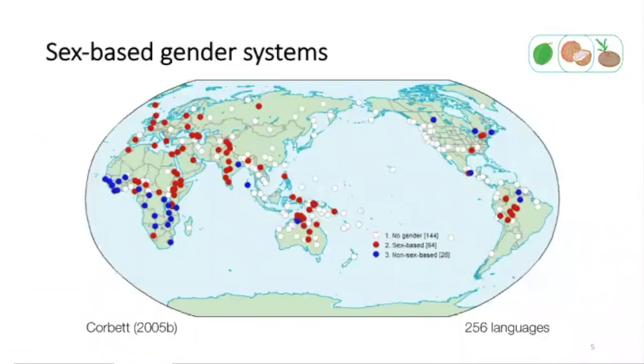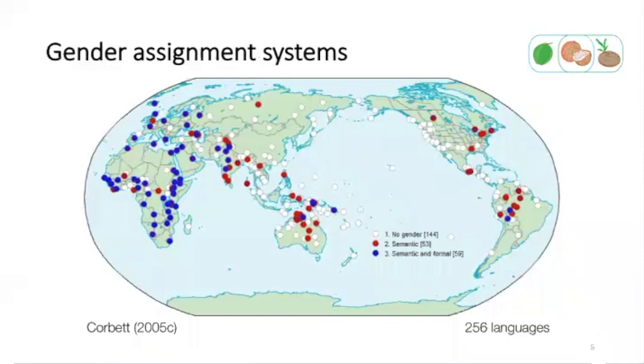Now, the groupings of nouns known as genders are usually based on biological sex, as in Spanish or Russian. This is the majority choice. 3/4 of languages which have a gender system are of this type, but the other possibility is human versus non-human, or animate versus non-animate. The main point here is that gender systems don't need to be sex-based, and that's important for our story of how the classifiers we will be looking at fit into the wider picture of nominal categorization.